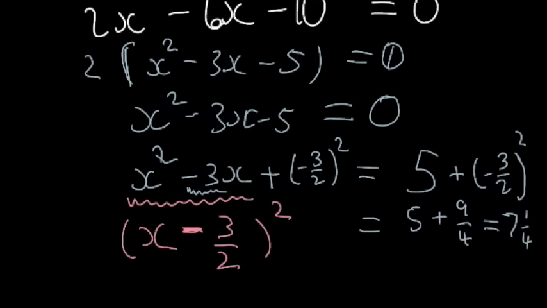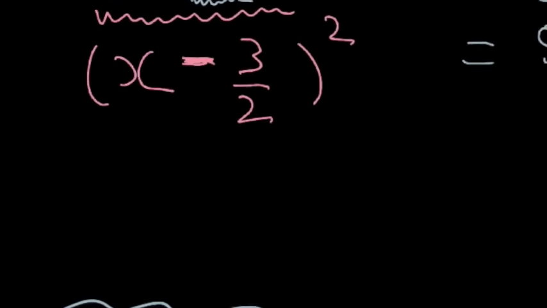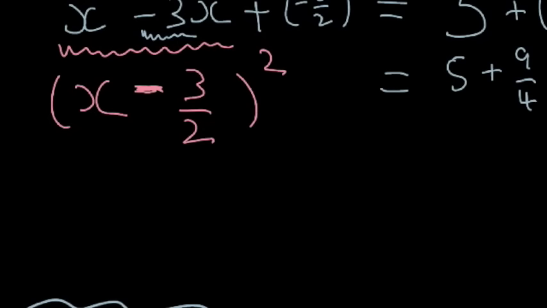So now what I have is a square on this side and a number on that side. And we have completed the square. But now remember, the goal was to solve this quadratic equation, to find what its roots were and to describe them. So let's see if we can just finish this off now. So let me make this a bit bigger, and we'll go here. So what was that final number? So we have